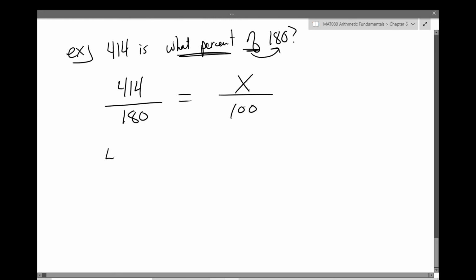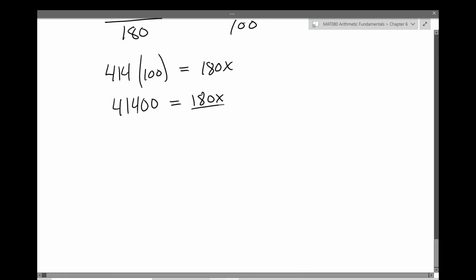Now I cross multiply. 414 times 100 equals 180 times x. 414 times 100 is 41,400 equals 180x. I will divide both sides by 180 to give me x equals